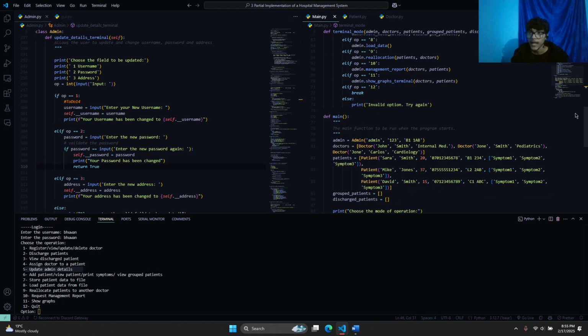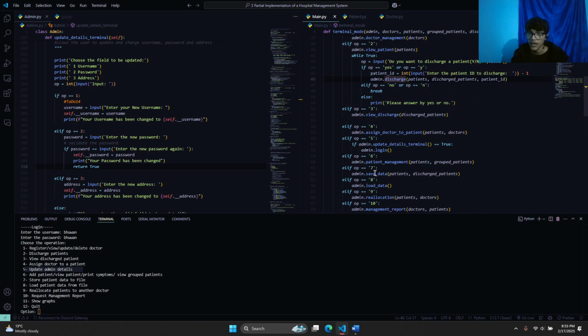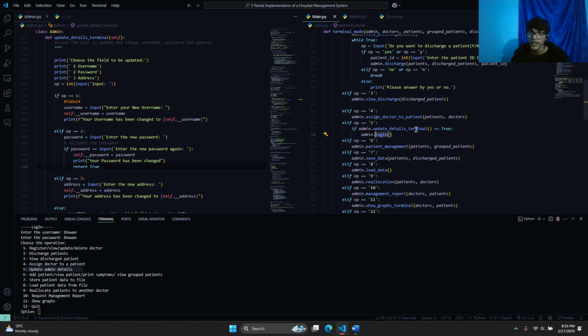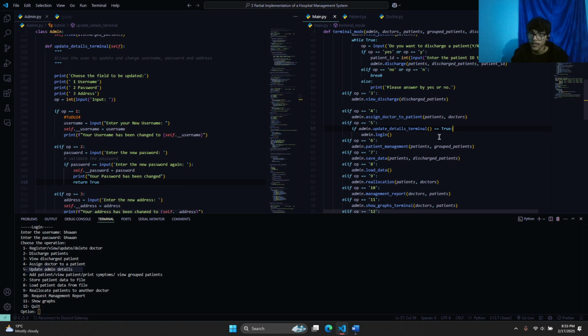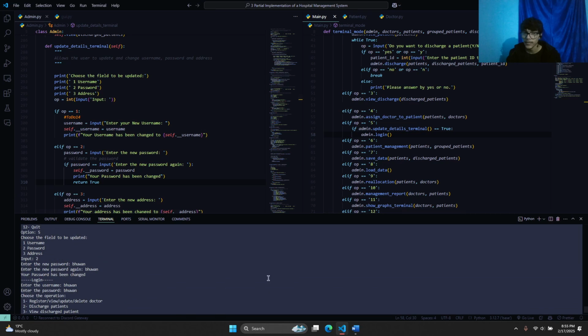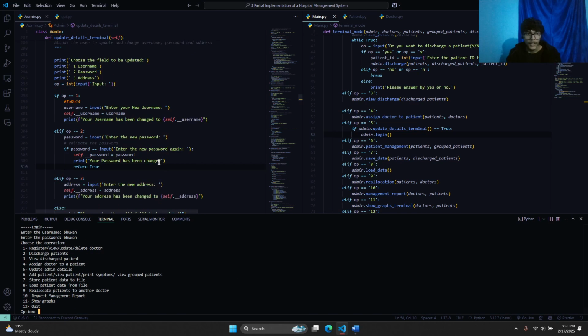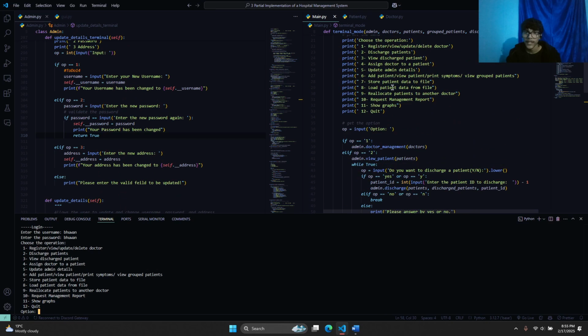Here on the main part, on the update detail part, we have a condition checking if we are receiving true from the update details terminal. If we are getting it, it will just redirect us to the login authentication system. So yeah, we need to log in and we can use the system again. Okay, so after that we have,